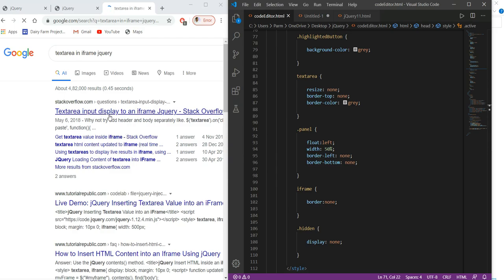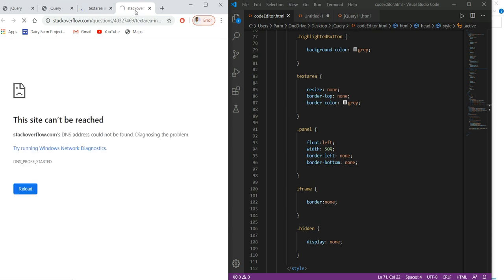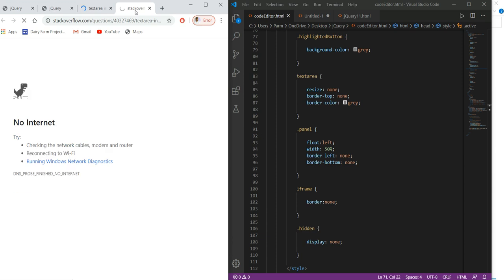Let's see what result we get over there. Text area input display to an iframe use. Yeah, I think this will work for us. Let's see how they have achieved this. It's taking some time because of low internet speed.